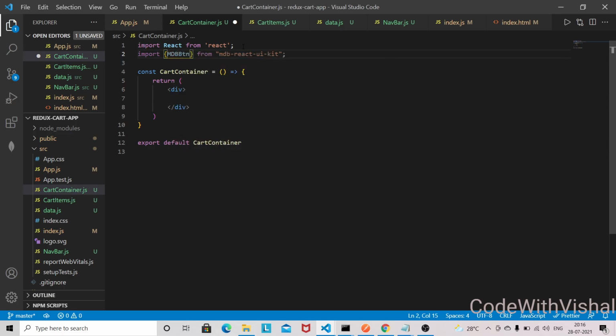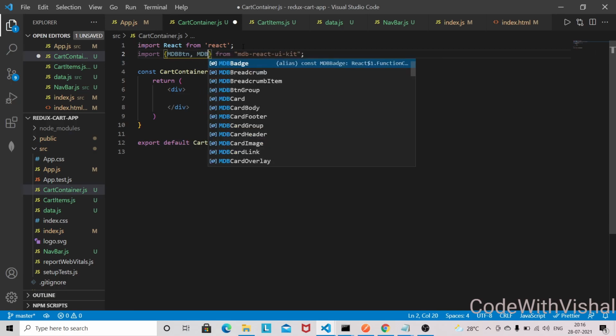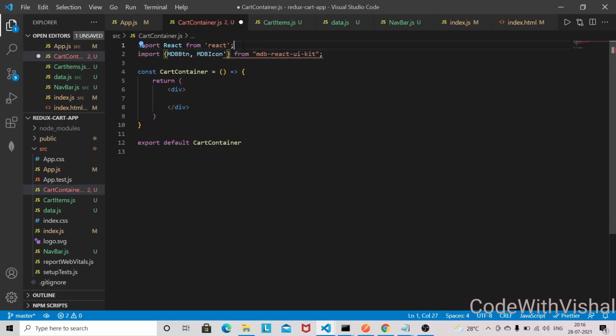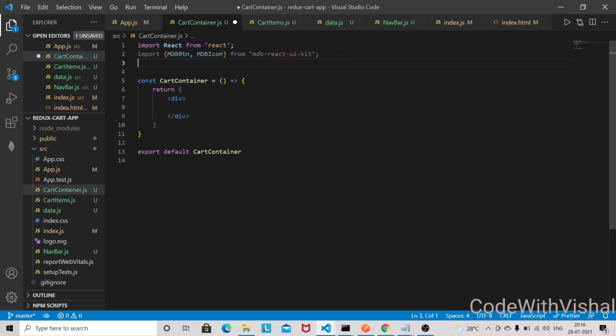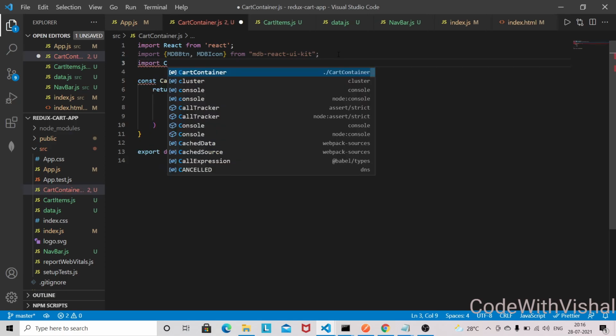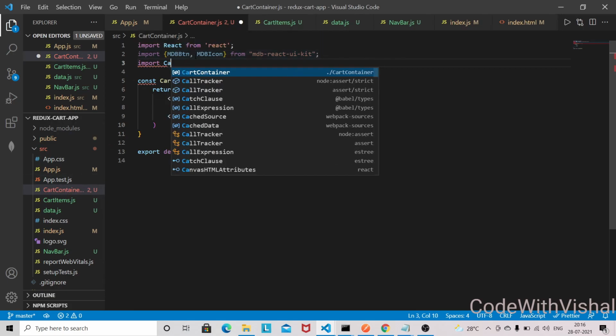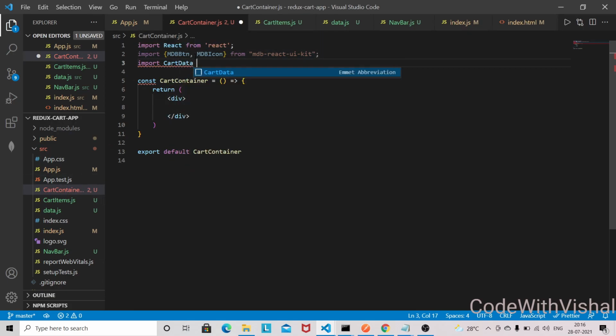So bring the button and icon, MDBIcon, remove this quote. Okay, and here we also need this data file. So as of now we haven't implemented the Redux in our application. So first I am going to read this data from this component itself. So cart data, something I am giving here from the data file.